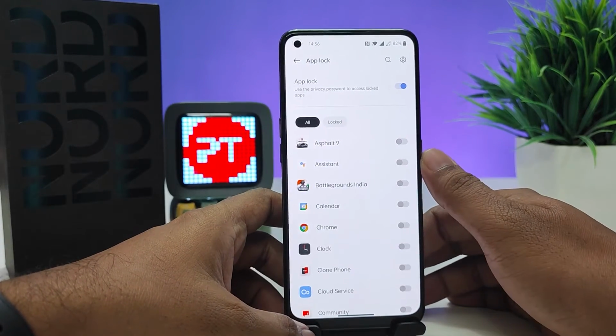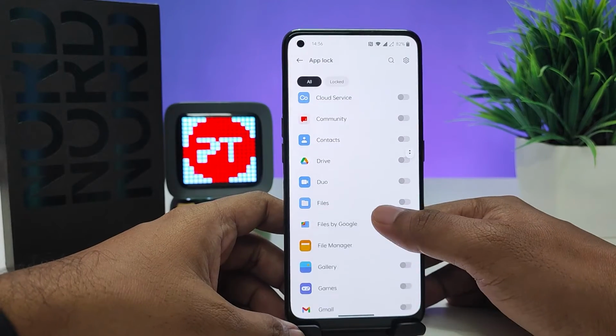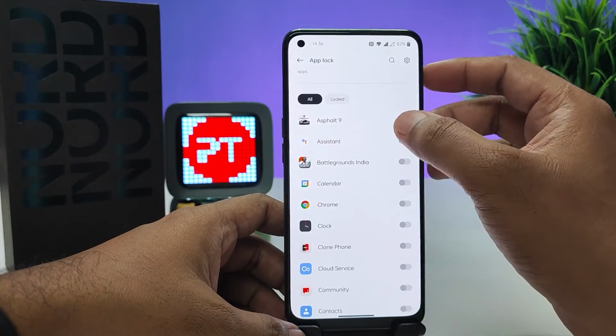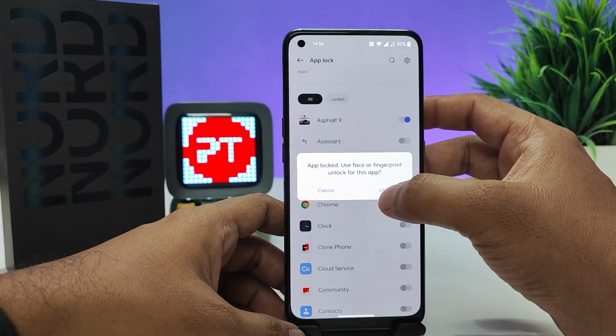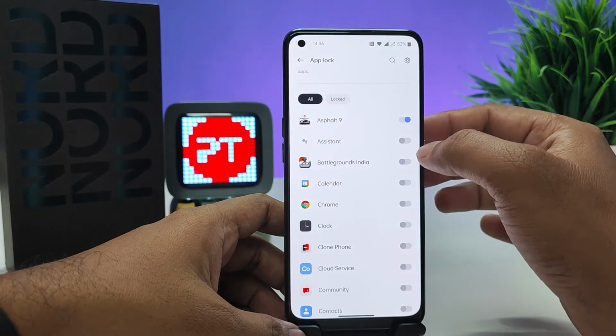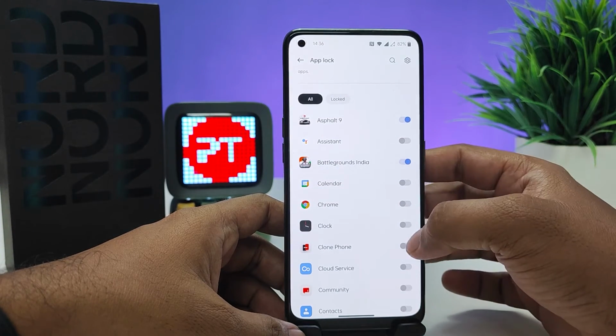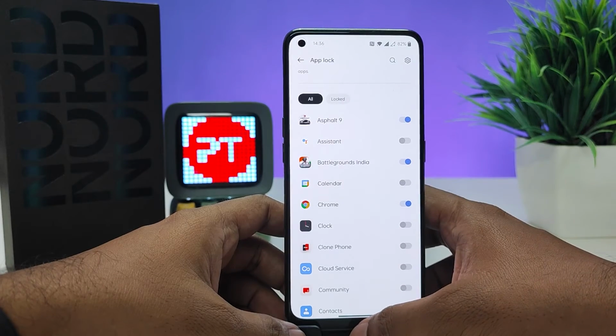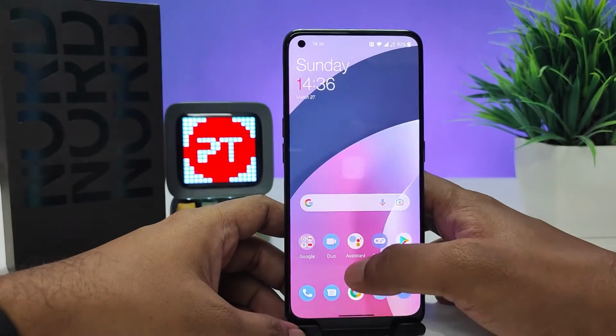Now you need to select the apps you want to hide. If you want to hide Asphalt 9, enable that. Also Battleground India and click Chrome. So if we come back,